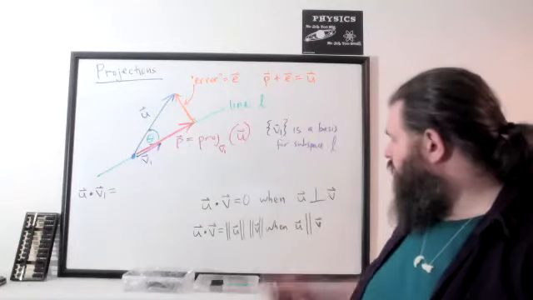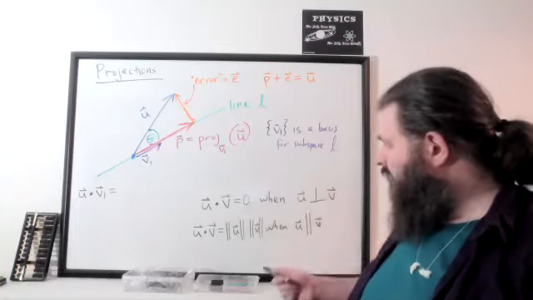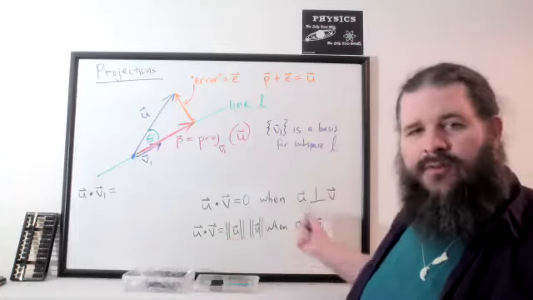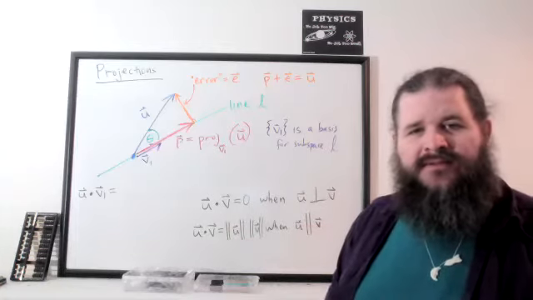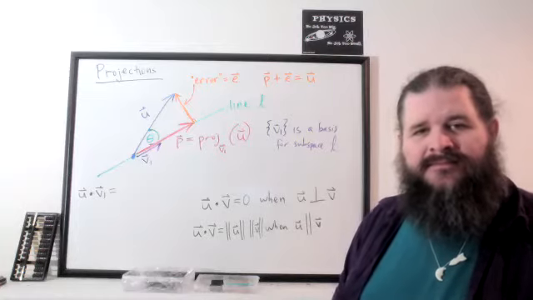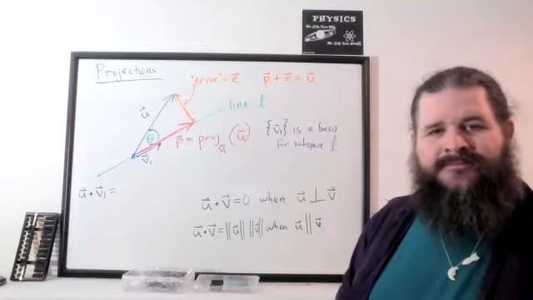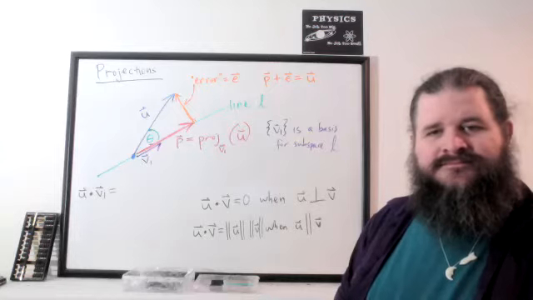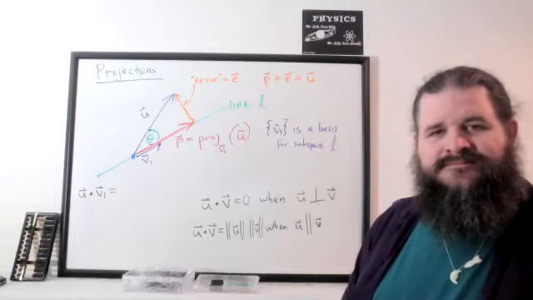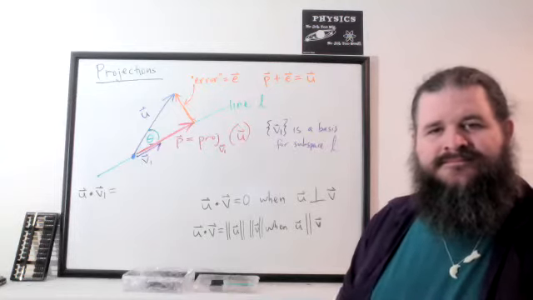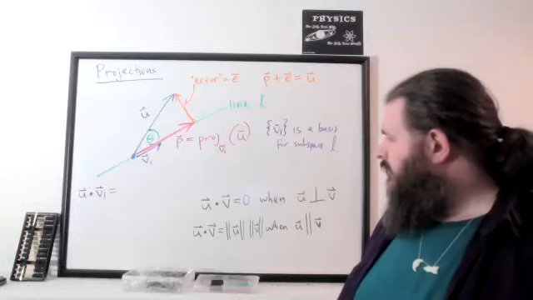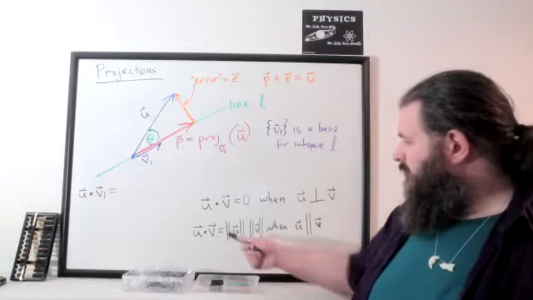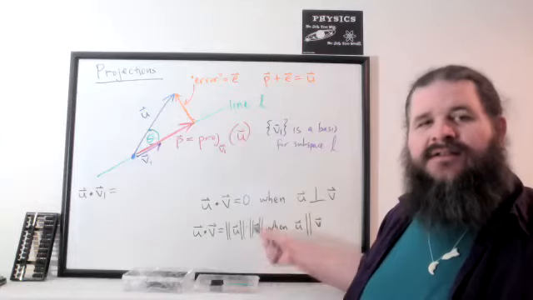What trigonometric function is 0 when the angle is 90 degrees and 1, the largest, when the angle is 0 degrees, when the vectors are parallel? Yeah, cosine. In fact, u dot v can be written as magnitude u times magnitude v times cosine of the